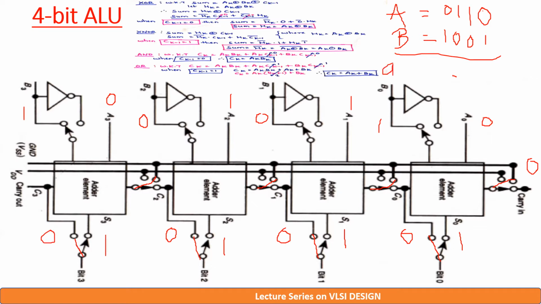So if we perform A and B, 0 XORed with 1 is 1, 1 0. We are performing AND operation. 0 1 AND is 0, 1 0 AND output 0, 1 0 AND output 0, 0 1 AND output is 0. So for AND, carry input is set to 0, and instead of sum we will be considering carry output. So all the carry outputs are 0, hence AND operation is verified.